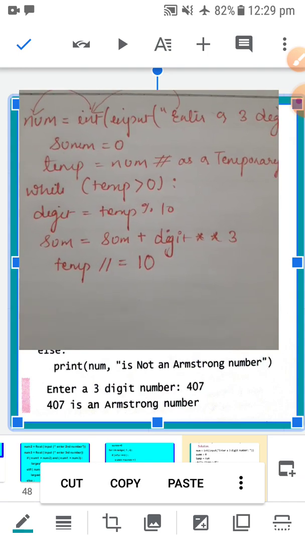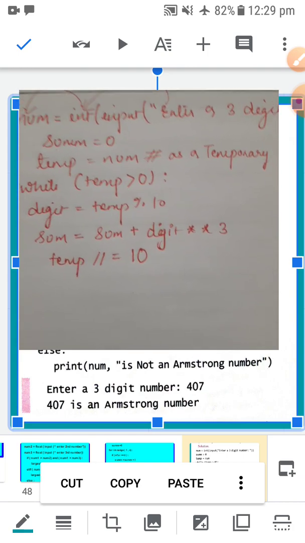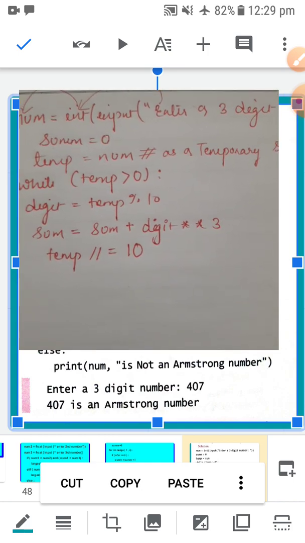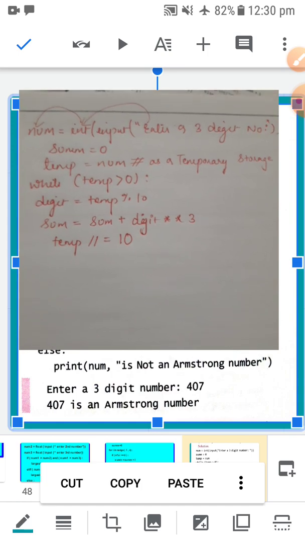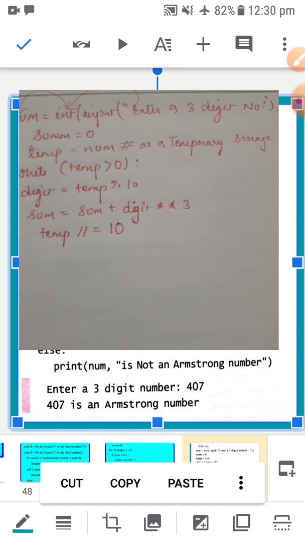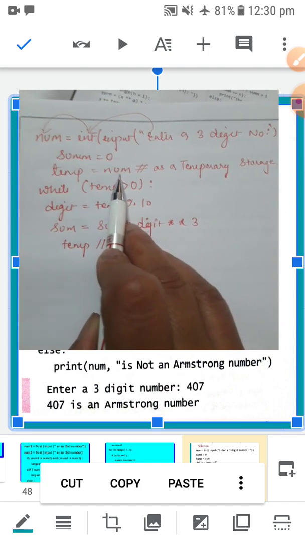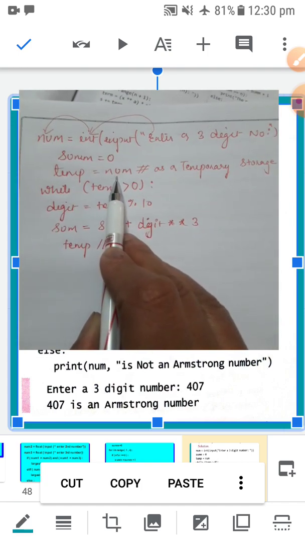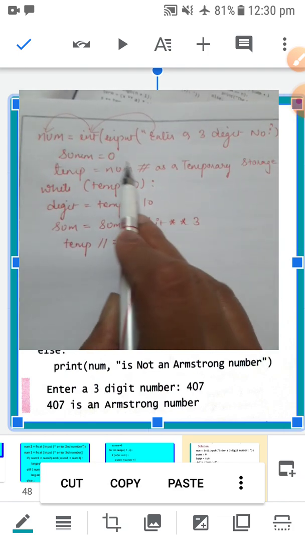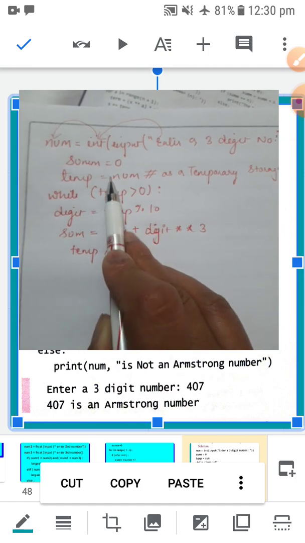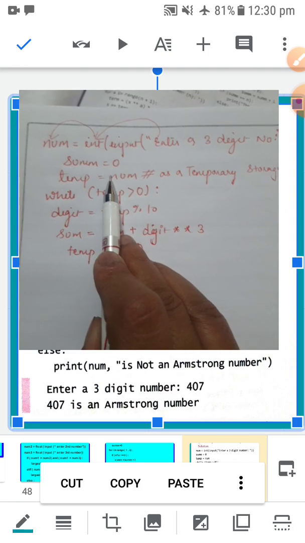First we try on paper so that our work is done perfectly. So this temp is a temporary storage, because any action we want to perform, we will do on the temporary variable. We are not going to apply it directly on the num value, because at the end we need this num value for comparison, whether we are getting the same answer or not. If we start doing all the actions on num, the originality of that variable is destroyed.